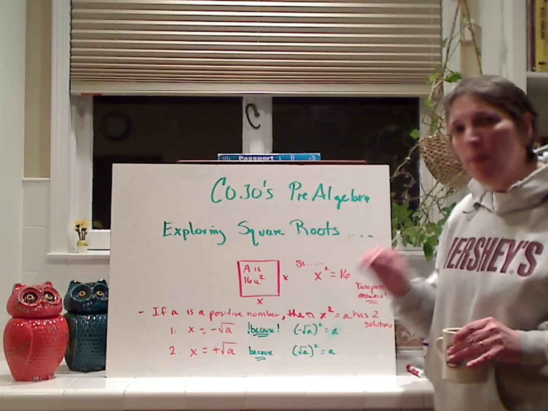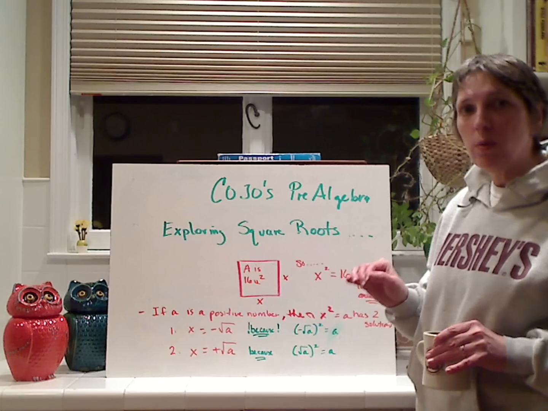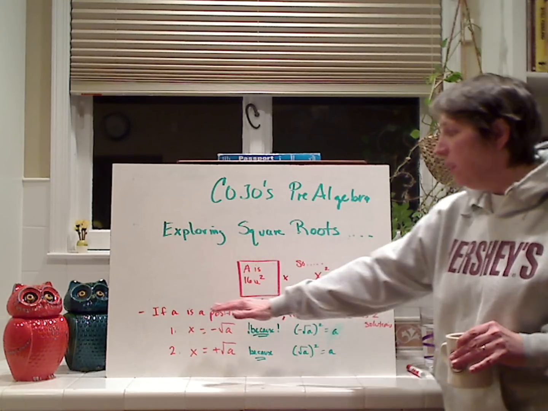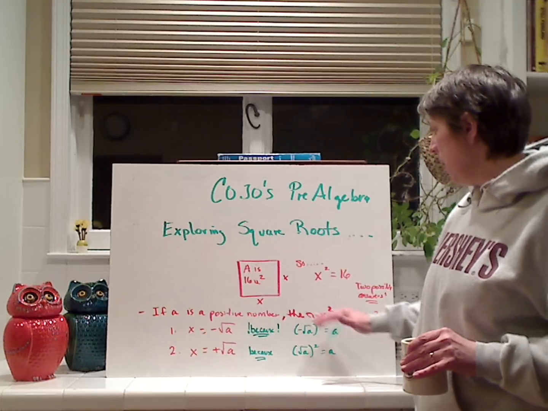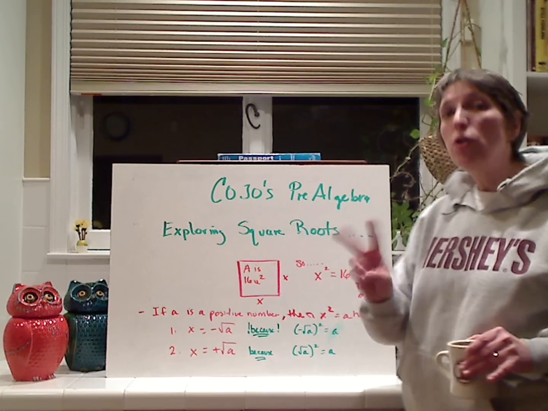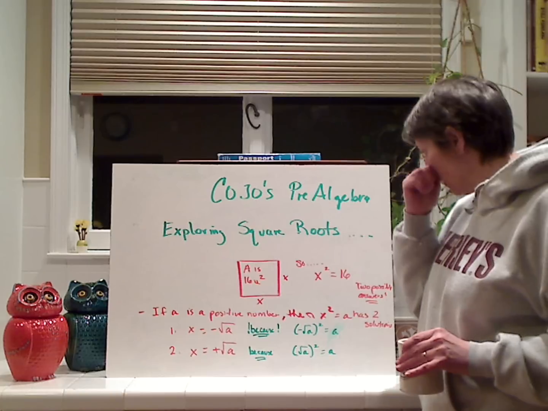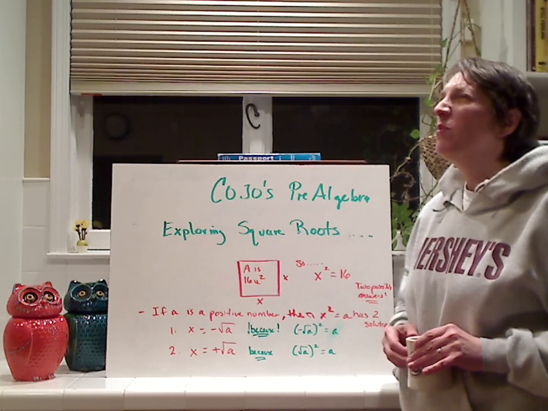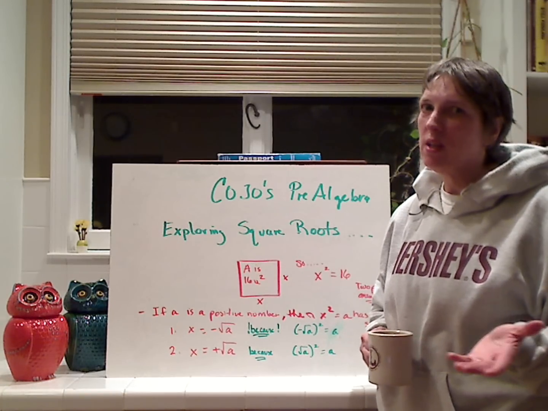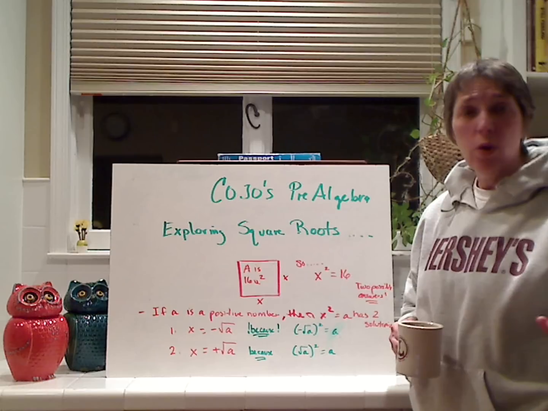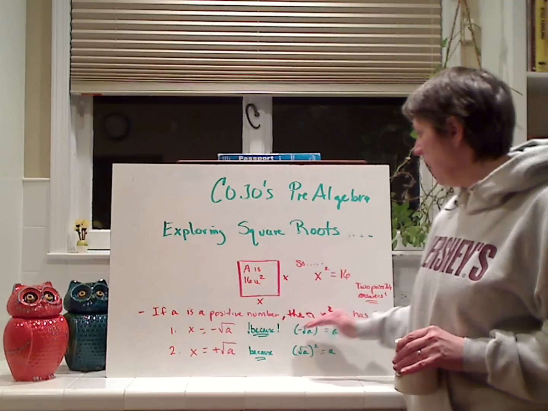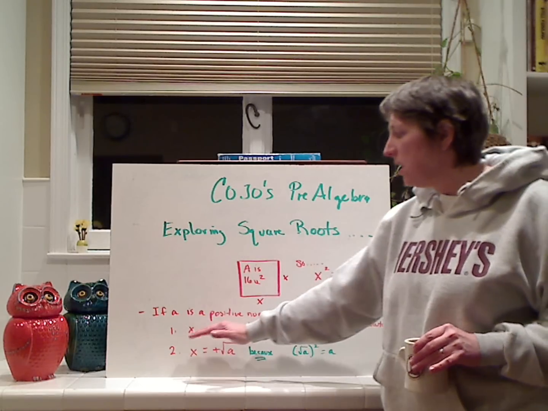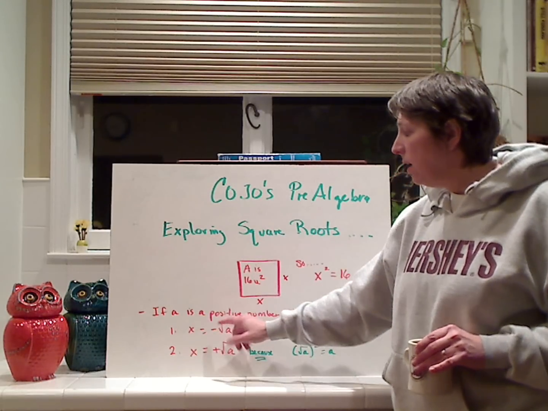Now there's two possible answers when you take the square root of a number. And you always assume that a is a positive number. Then x squared equals a has two solutions. We'll talk about why you assume that a is a positive number, or it can be 0. Here, if we say x squared equals a, then x can either be equal to the negative value of the square root of a,